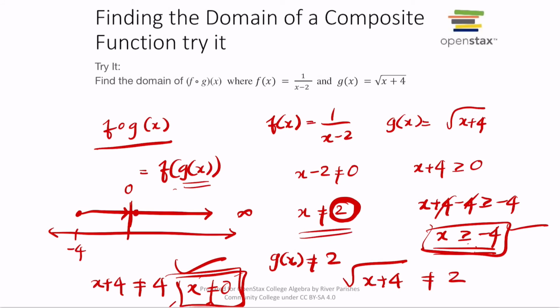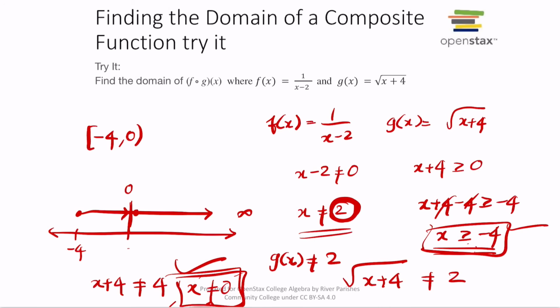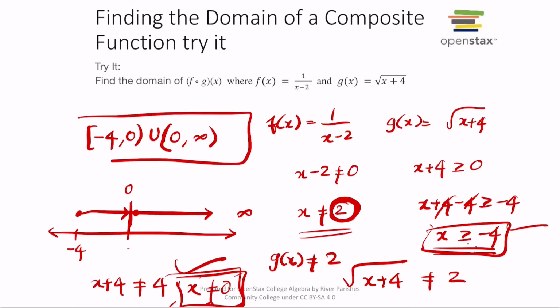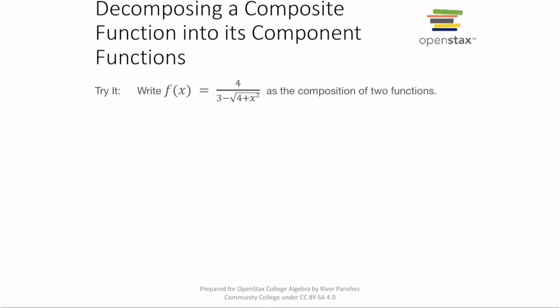So how would you write it as a domain here? That value becomes, you are writing from negative 4 to 0 without 0. So which means that we are excluding 0 and including negative 4, union, and we are excluding 0 again until infinity. So this here is the domain for the composite function here. So let me do another problem so that it becomes easier. So let's say we have